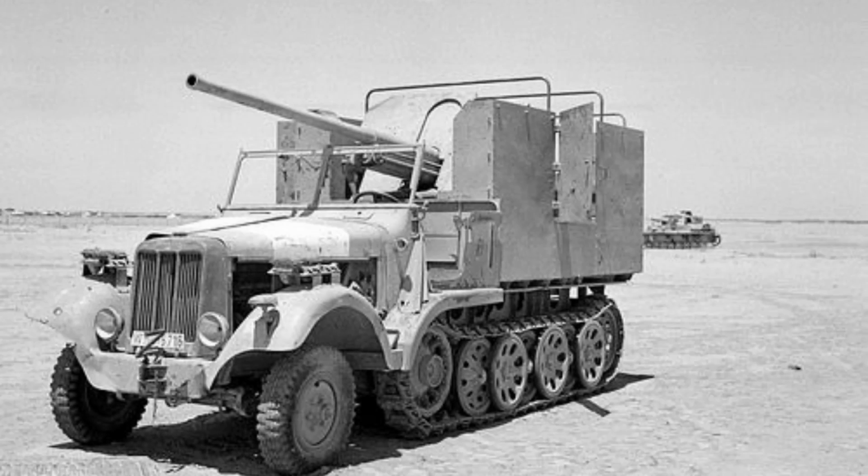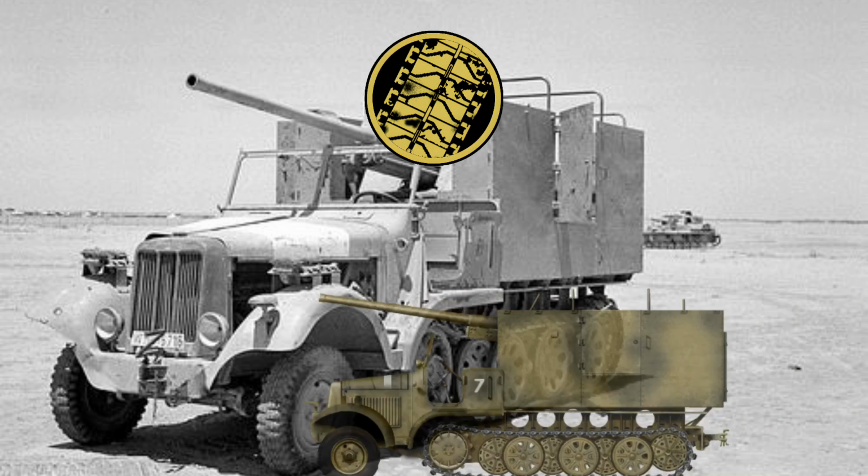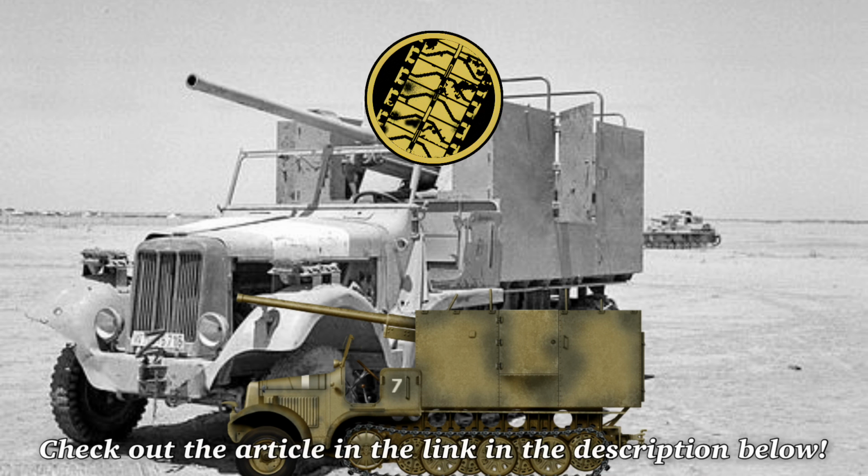North Africa. That concludes our exploration of the improvised 7.62 cm FKR Auf gepanzerte Selbstfahrlafette Sonderkraftfahrzeug 6-3 and its usage